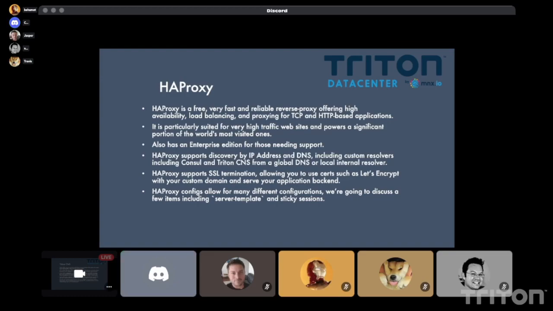So, Brian, you had mentioned, how do you do sticky sessions? Well, there's actually a couple different ways, and I'll talk a little bit about them. There's a cookie based one, where it'll actually put a cookie onto the browser, and HAProxy will look for that and send you to the same backend repeatedly. So if you're doing something like a session or a login, it will make sure it keeps you with the same backend. And then there's also a stick table, what they call,